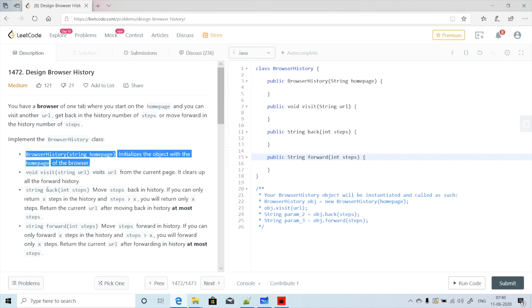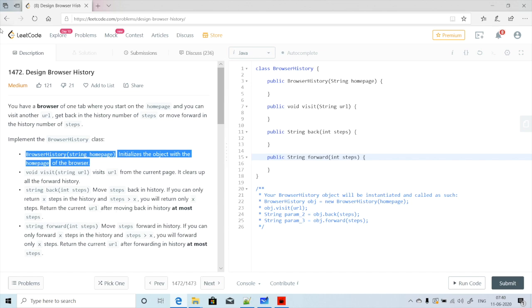Then you will go back, you will click on back, and for that we have one more method. It says move steps back in history. So if I click back two times, it needs to go back two times in the history. If you can only return x steps in history, and if steps is greater than x, you will return only x steps. Return the current URL after moving back in history at most steps.